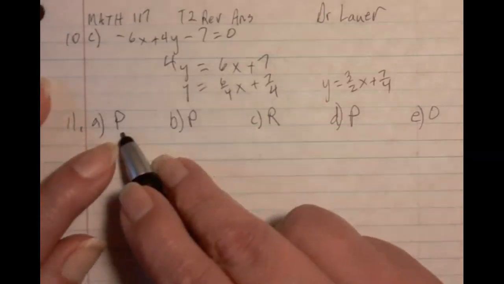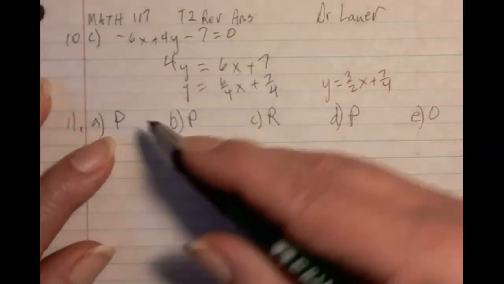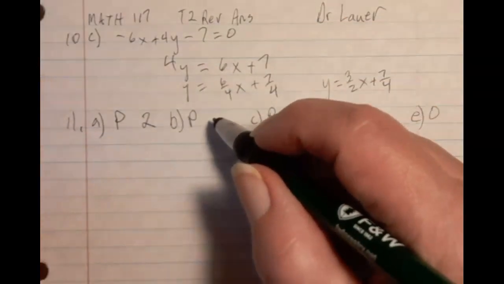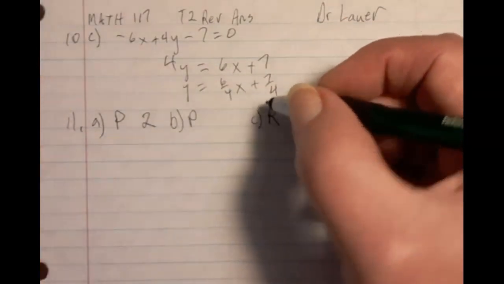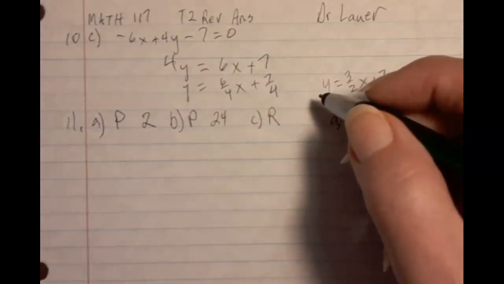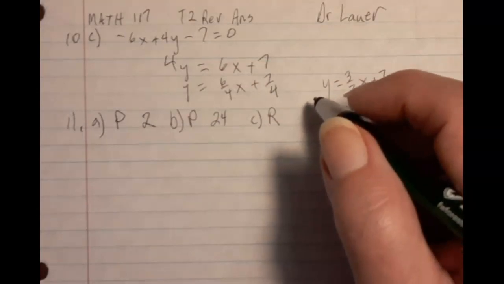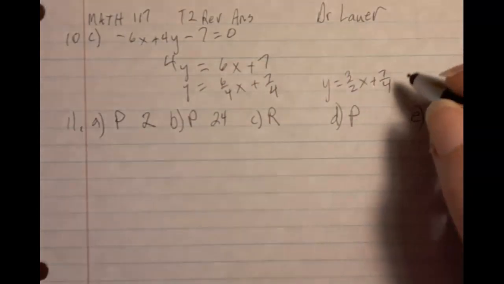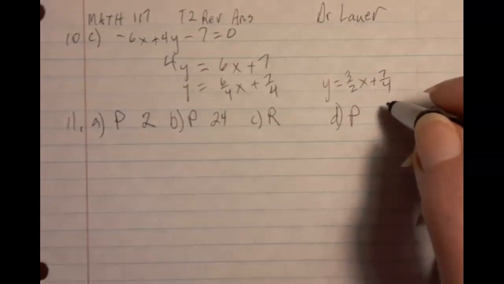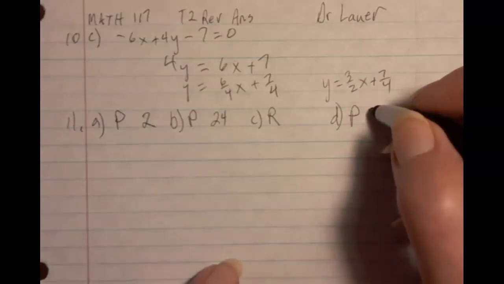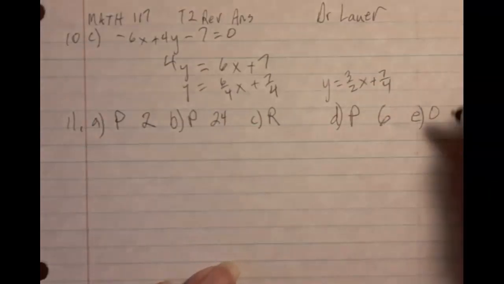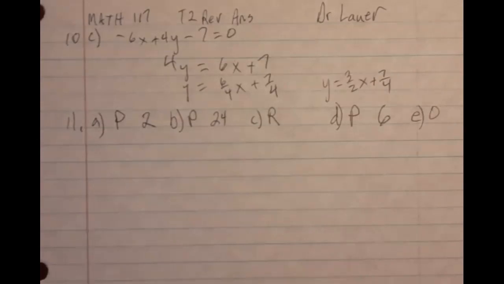So going back to the polynomials, the first one has the highest degree is 2. The second one has x to the 8th to the 3rd, which would be 24. 8 times 3 gives me 24. The third one has a third and a 1 together, so that's 4. Actually, it's a fifth and a 1, so that's 6. And if you need any more help with that, be sure you get in touch with me in my office